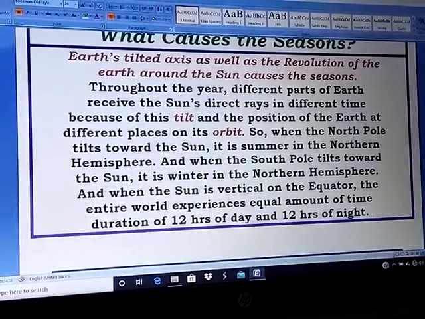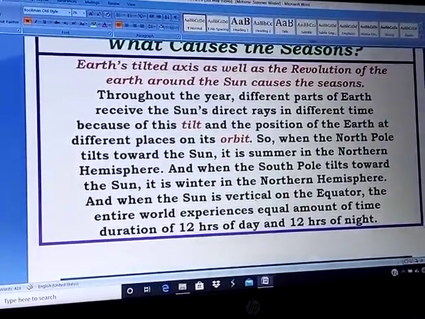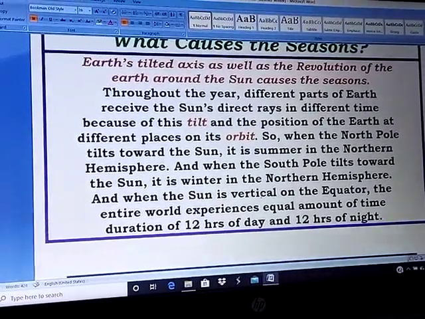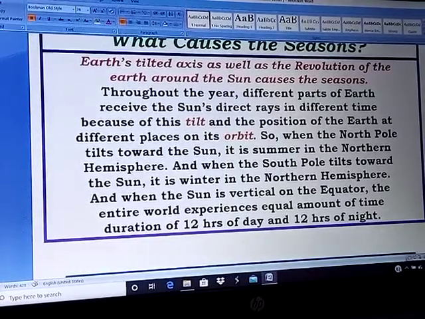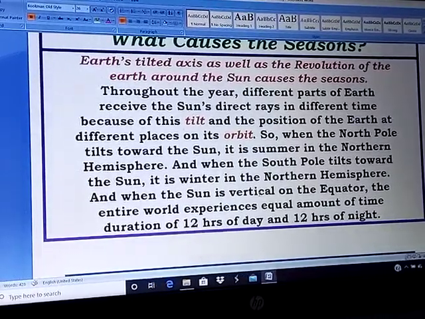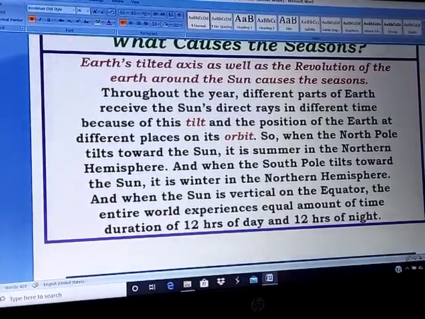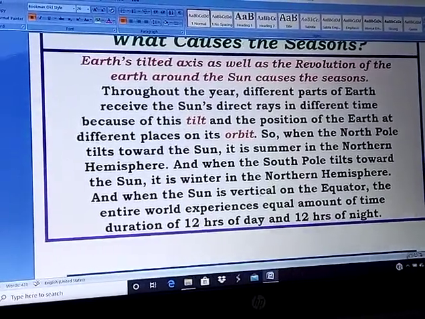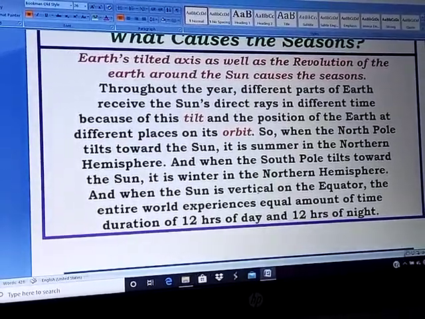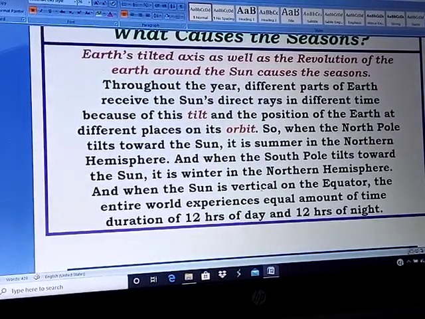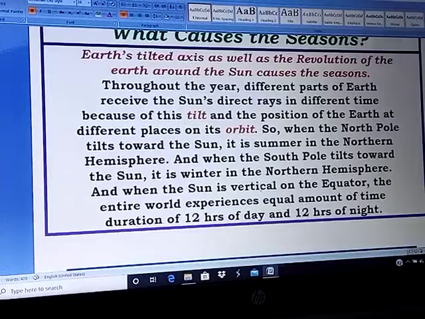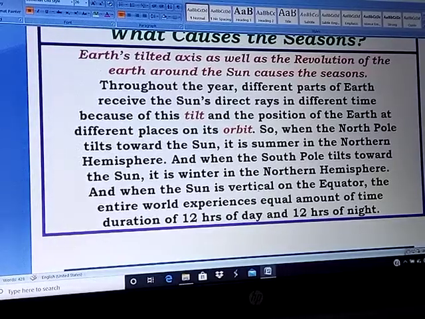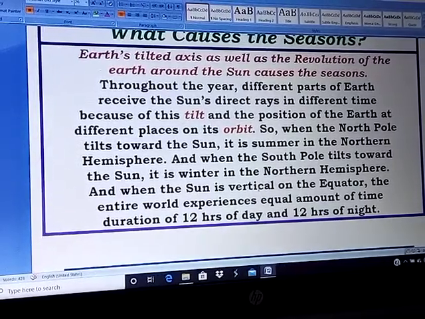So it depends on the verticality of the sun over three main latitudes: the Tropic of Cancer, the equator, and the Tropic of Capricorn. When the sun is vertical over the Tropic of Cancer, the northern hemisphere gets summer season and the southern hemisphere gets winter season, always opposite. And when the sun is vertical over the Tropic of Capricorn, then the southern hemisphere gets summer and